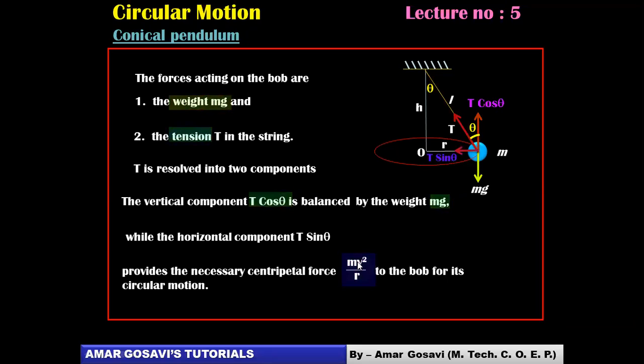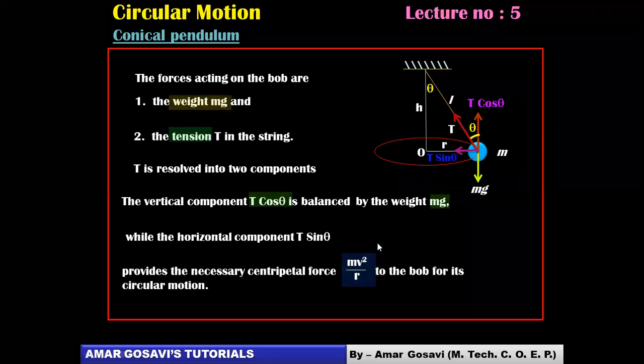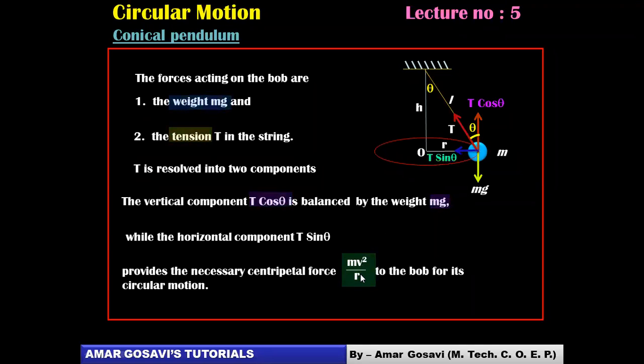All right, and the value for centripetal force, we all know it is mv square by r, where m stands for the mass, v stands for the linear speed of the bob, and r stands for the radius, friends. So in a way you can see T cos theta will be equated to mg because it is nullifying it, and T sine theta will be equated to the centripetal force, that is mv square by r. Without this centripetal force, this horizontal circular motion is not possible, as per our arguments and discussions earlier.